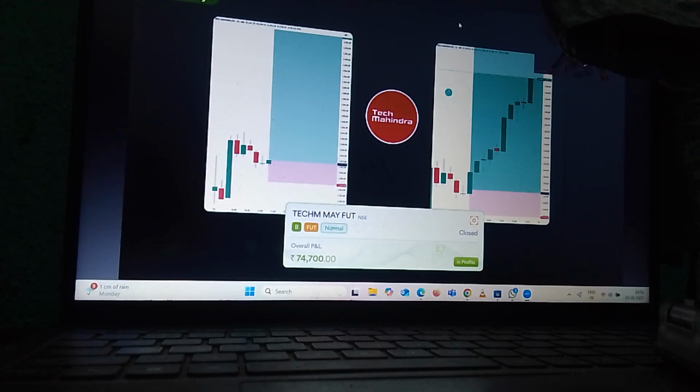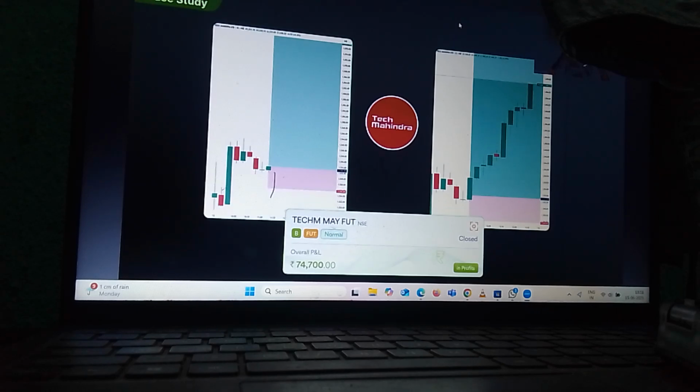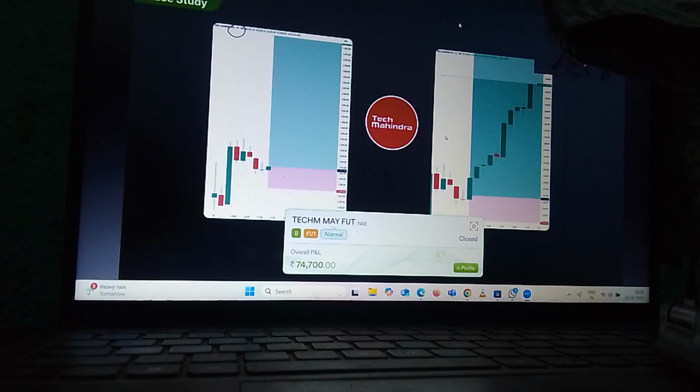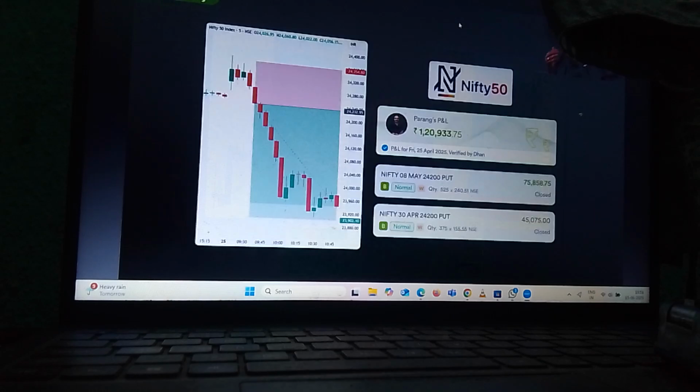This is Tech Mahindra, and we again took advantage of Tech Mahindra entering an order block region. As soon as it tapped into this area, we took the trade, and you can see the move that came in, and this trade was taken in the futures segment. Again, this is a 15-minute time frame, so if you can see this or not, I don't know. This is a 15-minute time frame on which I have executed. So a lot of people are asking which time frames you have to execute it on. This works on every single time frame. My personal favorites are 5-minute, 15-minute, and the hourly.